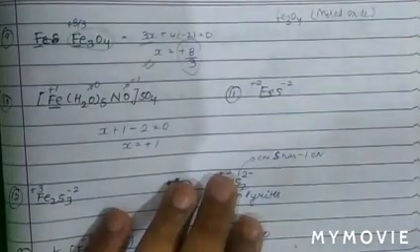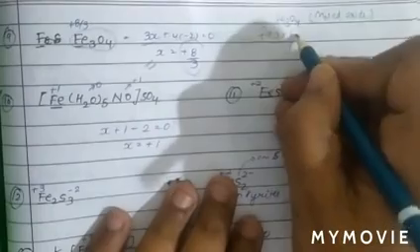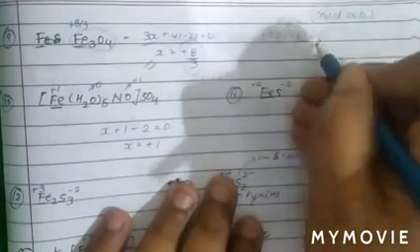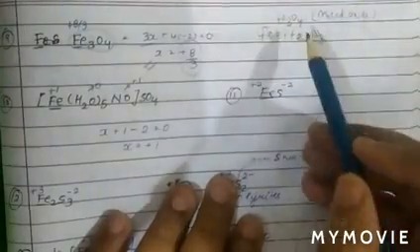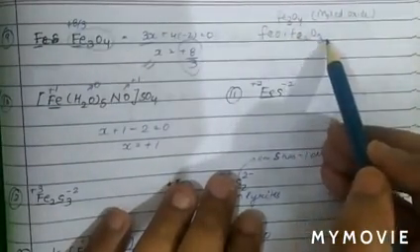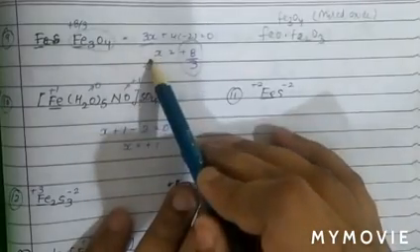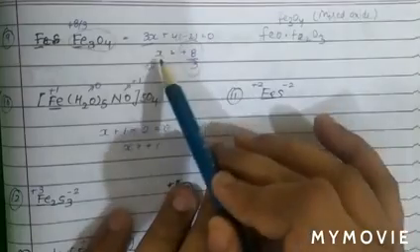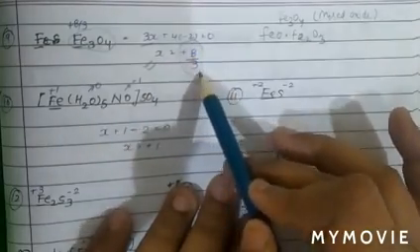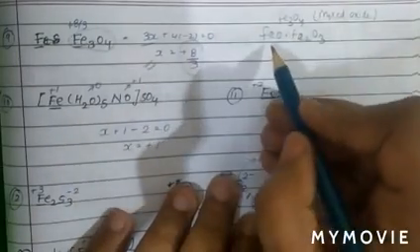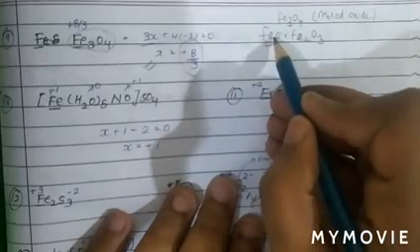As we know, Fe3O4 is basically a mixed oxide. So Fe3O4 is a mixed oxide of FeO and Fe2O3. See, whenever the oxidation state comes as a fraction,